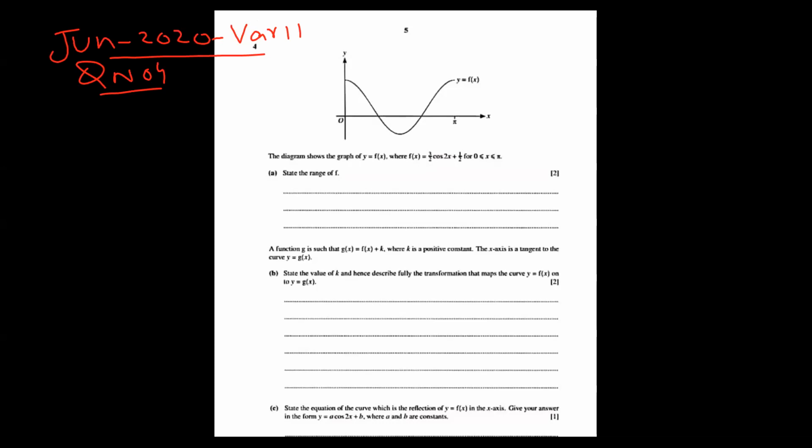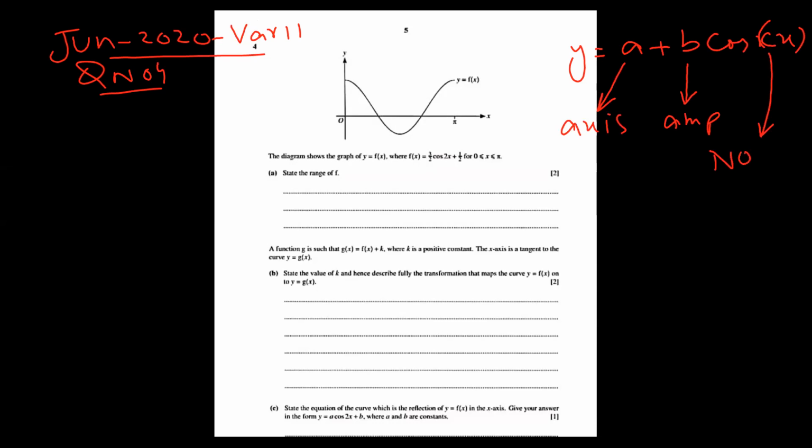Okay. First of all, I just make a small ground. y equals a plus b cos cx. When you have this kind of thing, the multiplying with the cos is called amplitude. Adding or subtracting is called axis. And this c is called number of cycles. And whenever we need a range,